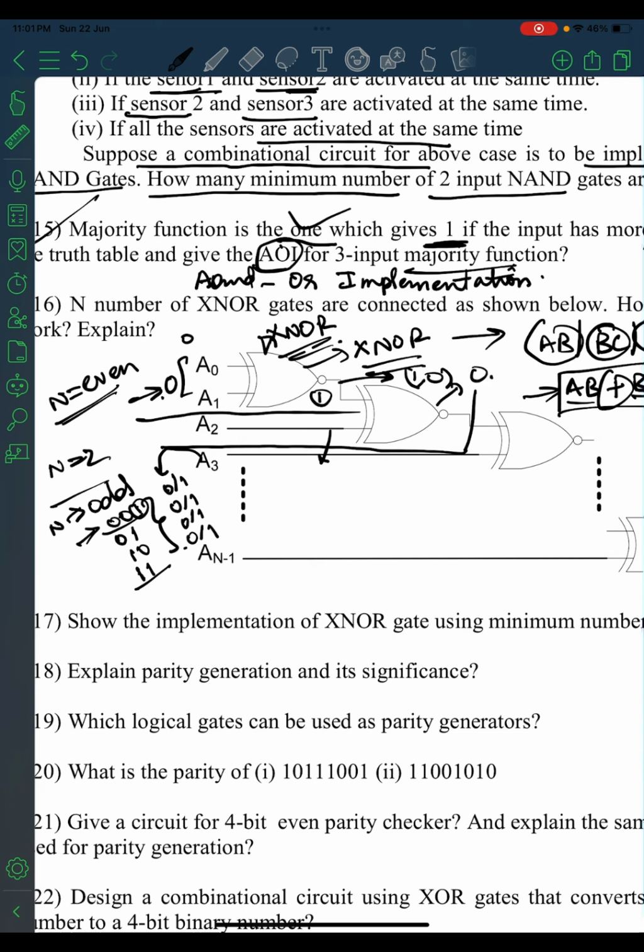Now if you look into this, if it is 0 and 0 and 0, so in the case of 3 zeros, the output will be 1, because for the first two, 0 0, the output of the XNOR is 1, and 1 and 0, the output is 1. In the case of 1, and the output of 0 0 XNOR is 1. For the case of 1 as A3, 1 and 1, the output will become 0. So if you look into total 0 0,